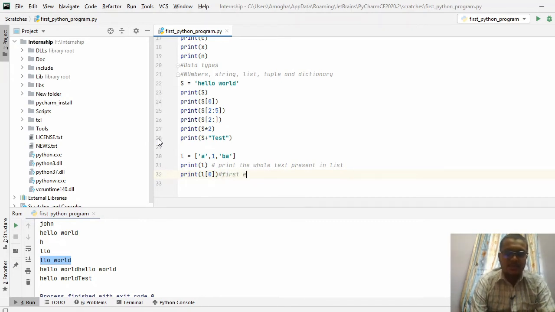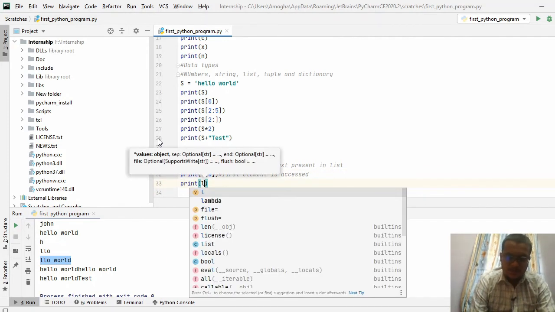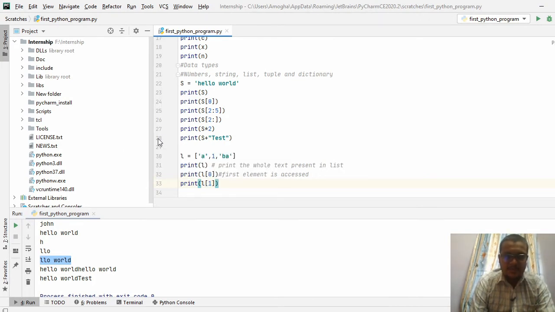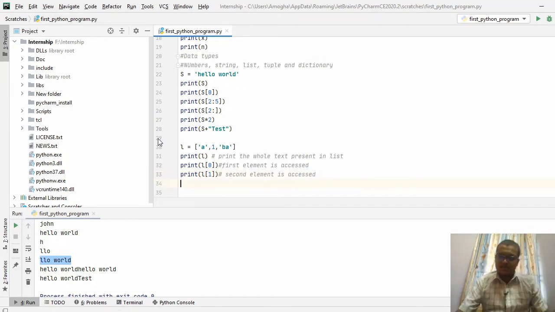So the first element is accessed. The next one, you are going to access the second element. So this is all about how to access the values present in a list.